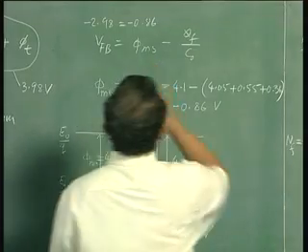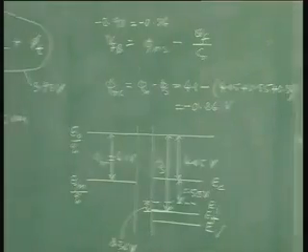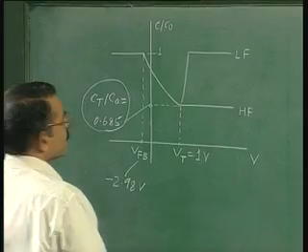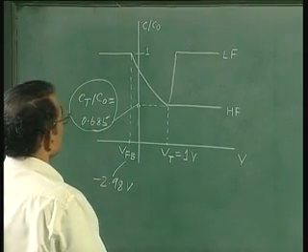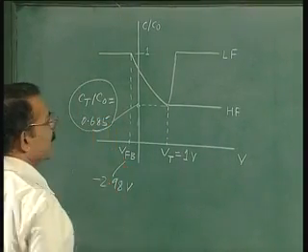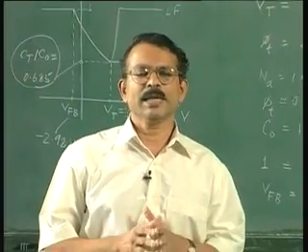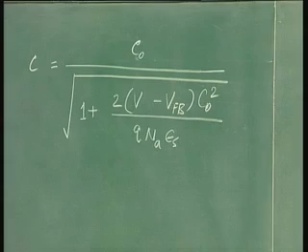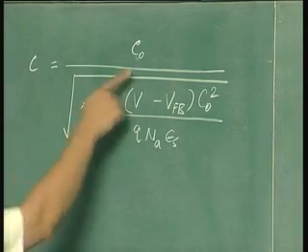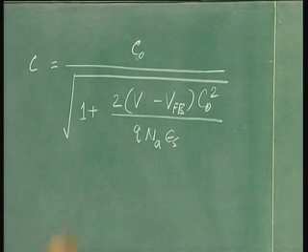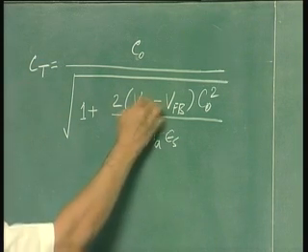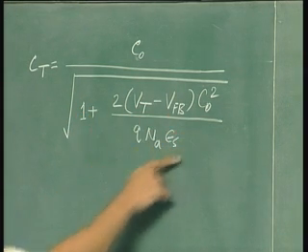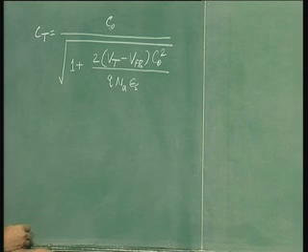So we have the flat band voltage equal to minus 2.98 here. So what we are left with now is this Ct by C naught. So let us see how you can get Ct by C naught. We can get it from the formula for capacitance as a function of voltage. So this is the formula for capacitance as a function of voltage. You want the capacitance at threshold. So this is the formula. So we have to substitute the various values here to get the ratio. So we can write